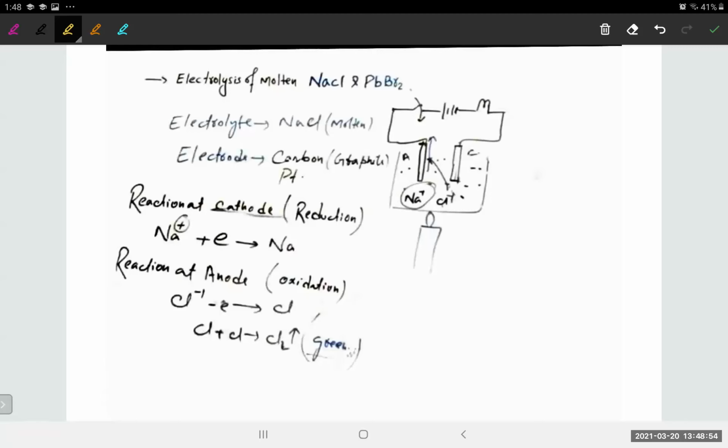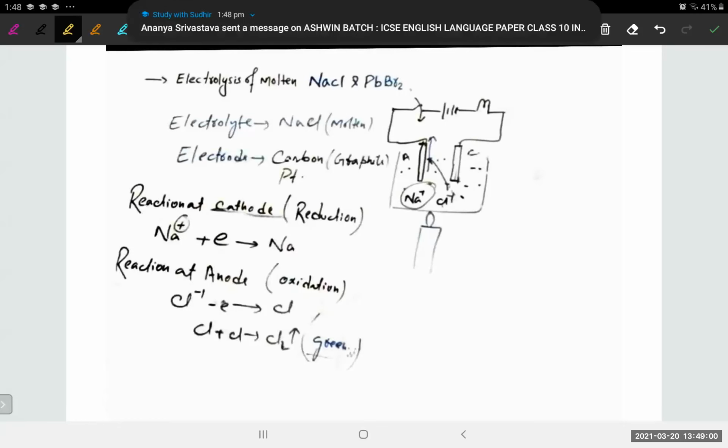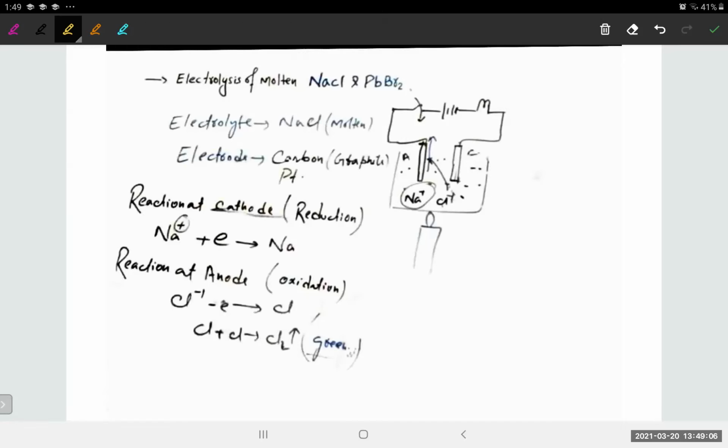Today we are continuing with the same topic, and today we'll start with electrolysis of some compounds like sodium chloride and lead bromide. It's there in our syllabus, so please do pay attention to this. Okay, it's a very important topic. If you understand the basics here, then you will do great in the examinations. Because there's a lot more substance in the book before this topic.